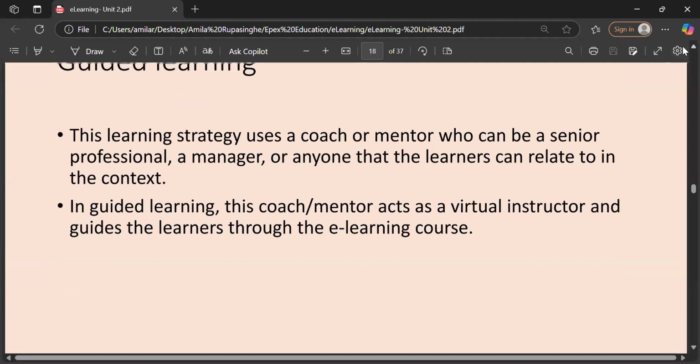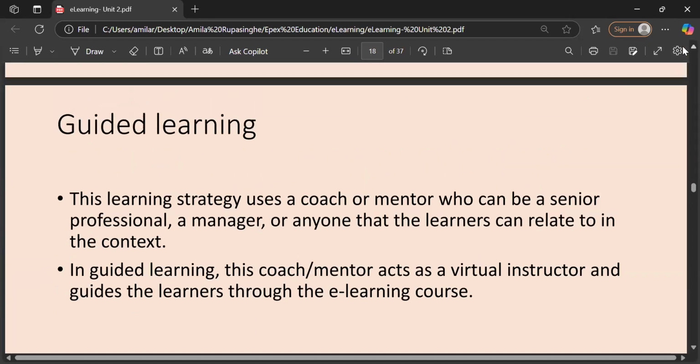Then guided learning. What do you mean by guided learning? Without letting them learn by themselves, we give a mentor, we name a mentor, a coach.